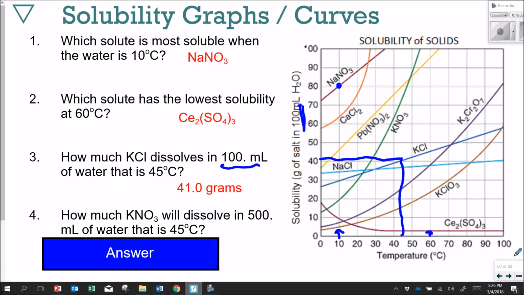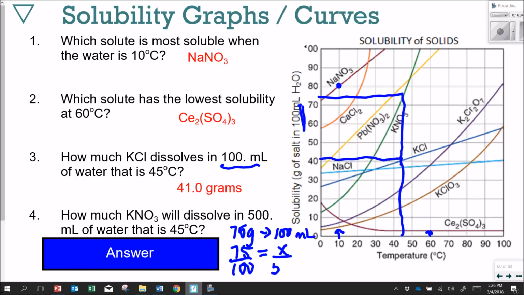Number 4, how much potassium nitrate will dissolve in 500 milliliters of water at 45 Celsius again? So I go to 45 Celsius, and this time I go all the way up to potassium nitrate, and I can see that I have about 75 grams, but this is in 100 milliliters of water. So I have 75 grams that dissolves in 100 milliliters of water. So I do a proportion, and I say 75 over 100 is equal to x over 500. And I get that x is